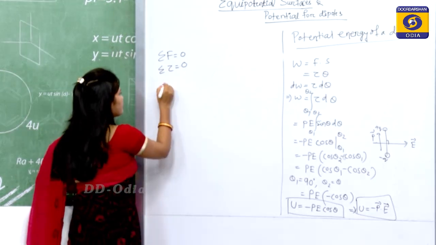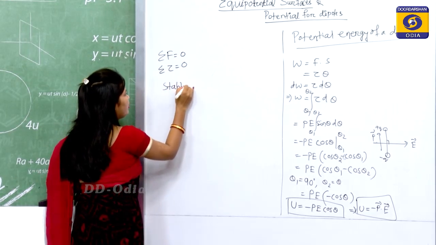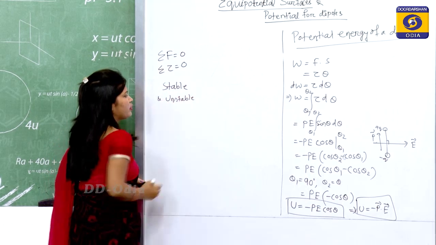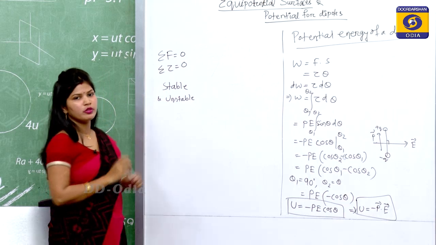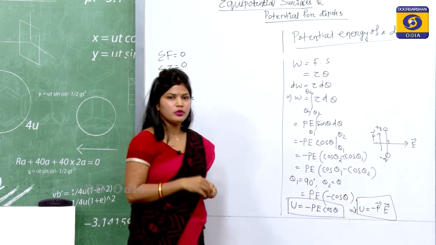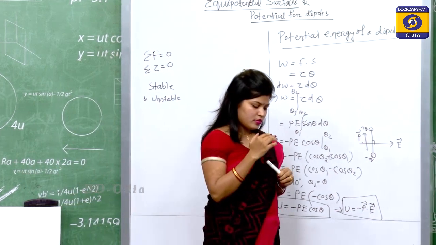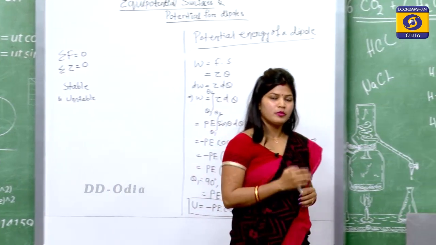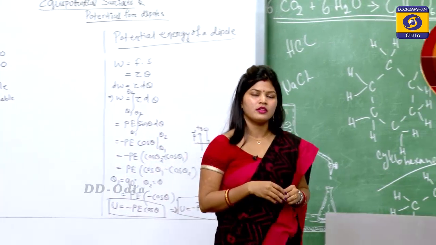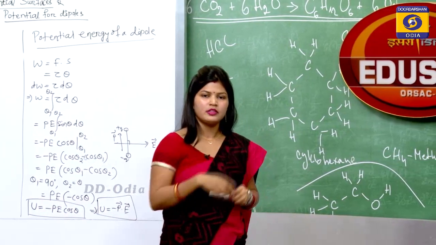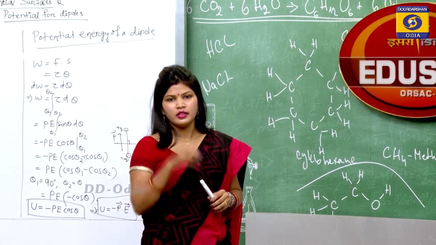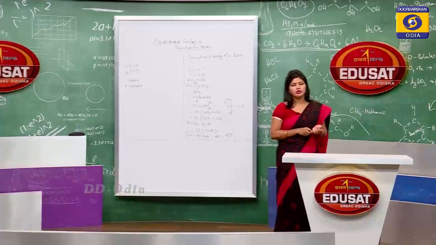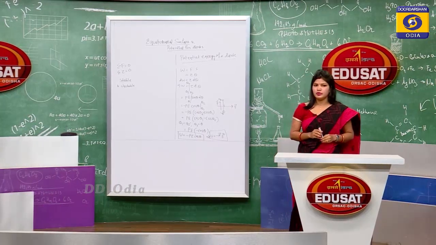So, what is stable equilibrium? In stable equilibrium, a charged particle, after being displaced from the equilibrium position, returns back to its original position. Then the object is said to be in stable equilibrium, otherwise it is unstable equilibrium.